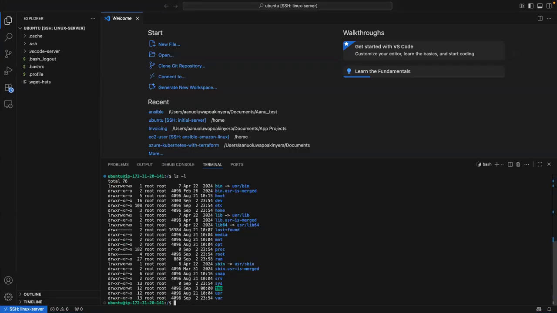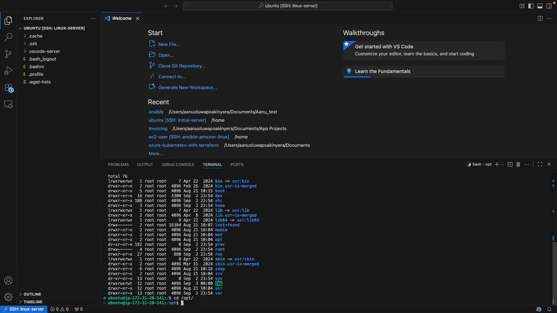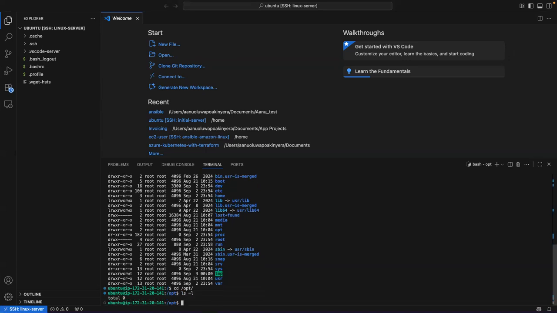And let's see if I can go into cd slash opt, ls -l. Nothing is in slash opt, so cd slash etc, ls -l.